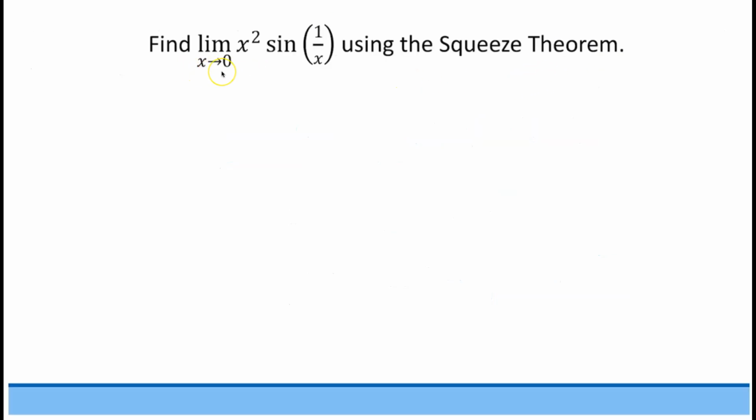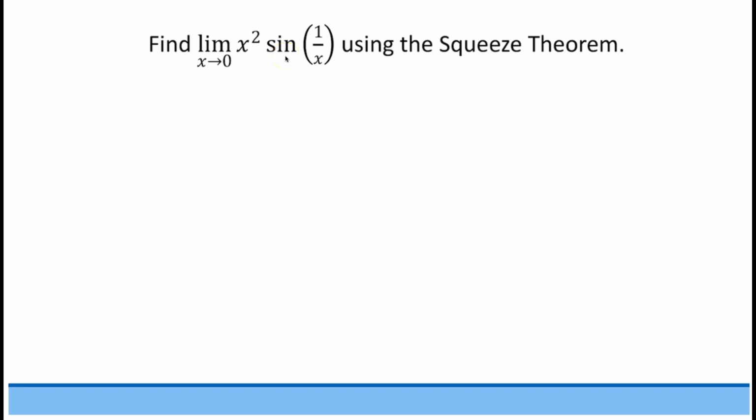Let's find the limit as x approaches 0 of x squared times sine of 1 over x using the squeeze theorem. This is a classic squeeze theorem problem. And so we need to build an inequality where this function is trapped between two other nicer functions that we can evaluate. So when our function involves sine or cosine, we want to start with the fact that we know